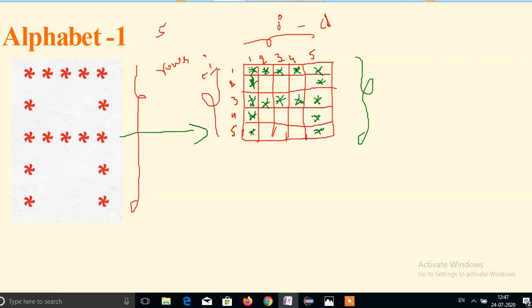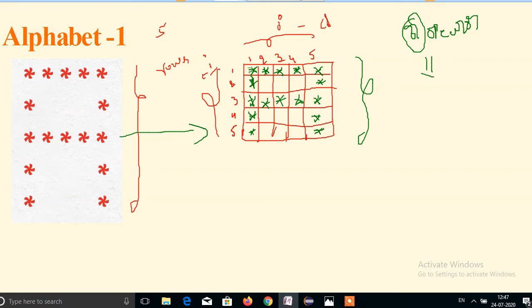Here we are using the OR operator. In Java, C, everywhere the OR operator is like this.